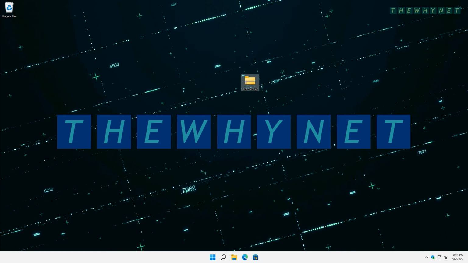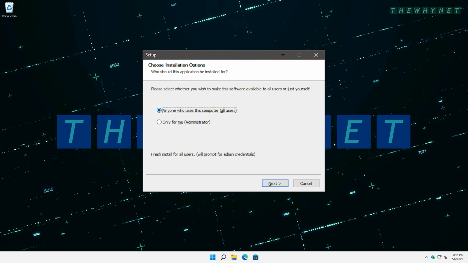And how are these files being added to the public desktop folder? You know this window that appears during the installation of multiple applications? Choosing this will create a shortcut in the public desktop folder, while choosing this will create a shortcut in the